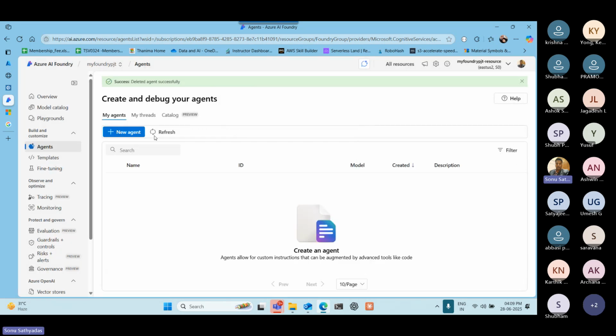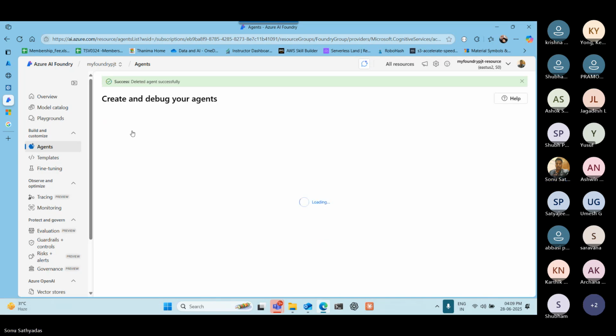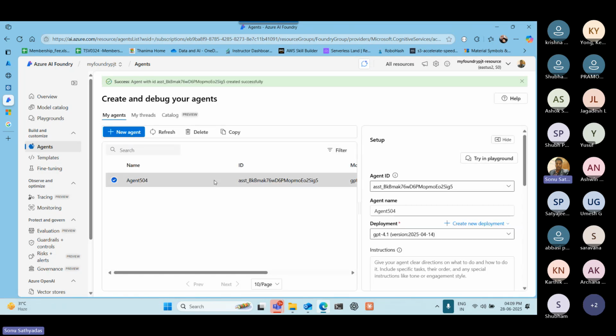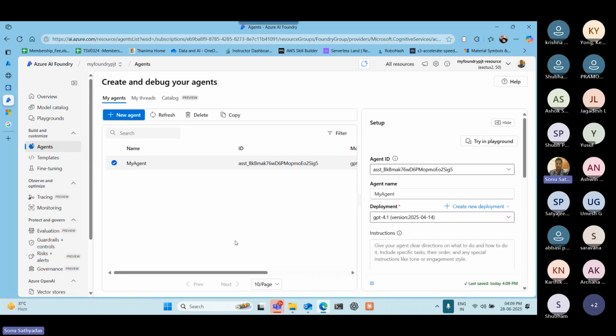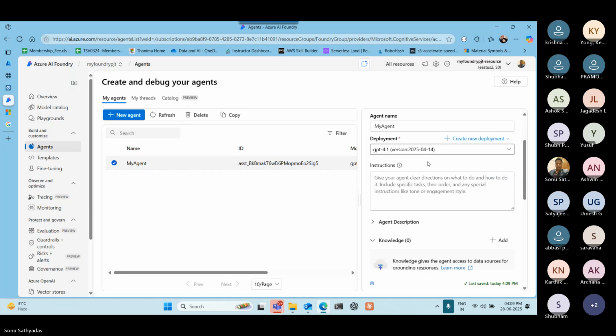So I can go and create a new agent from here, and we can give a name for this agent. Maybe I can say my agent, something like that. I'm just giving a very simple agent name. So according to your task, you can give any name for the agent, and there will be an ID for the agent, and you can select a model which can be used for